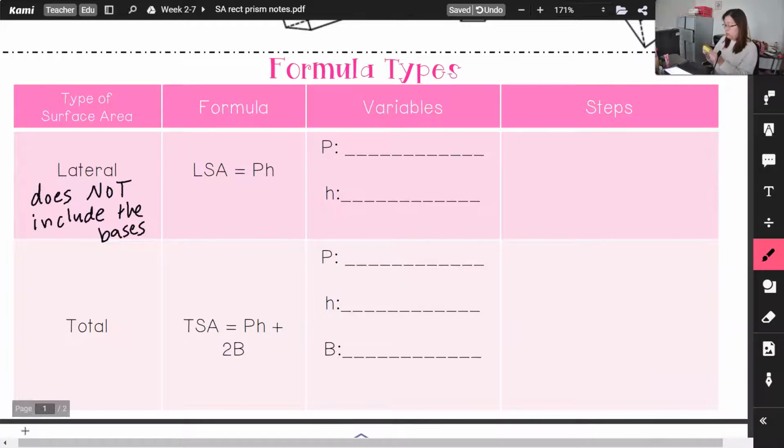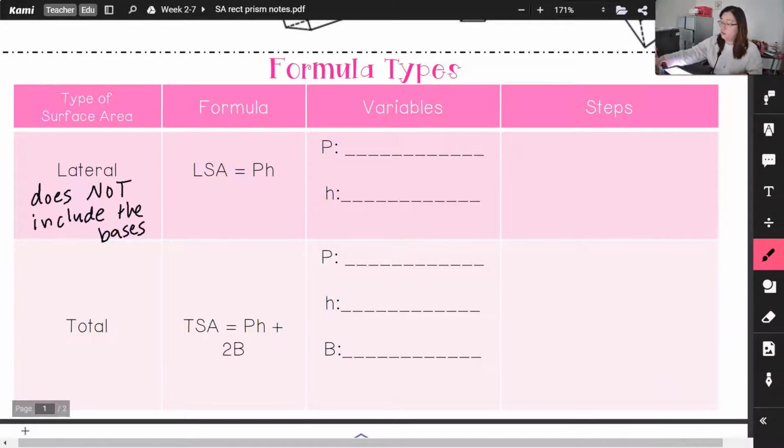So this is an example of when you would find lateral surface area. See how this makes a little box, but it doesn't have a top or a bottom? This outside covering, this is the lateral surface area of this little rectangular prism because there's no bases. There's no top and there's no bottom, so we're only dealing with the four sides, right? Lateral surface area does not include the bases. Total surface area